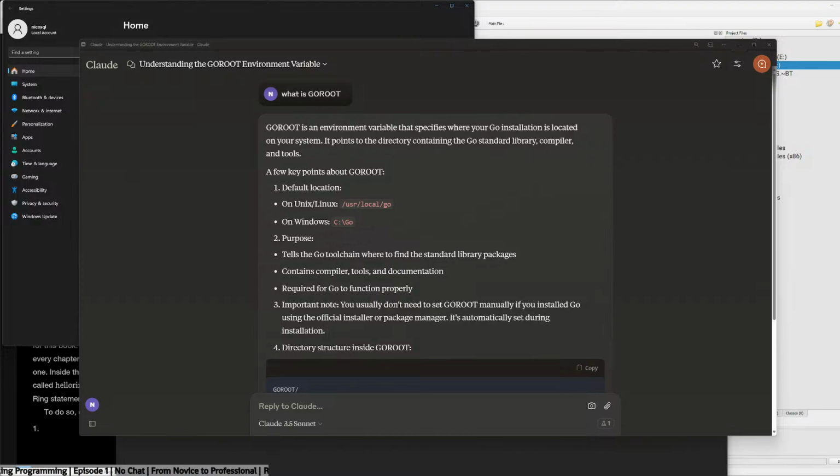How do I just edit the whole path? I thought I could do that. Maybe. Yeah, maybe not, brother. Yeah, oh yeah. For go root.